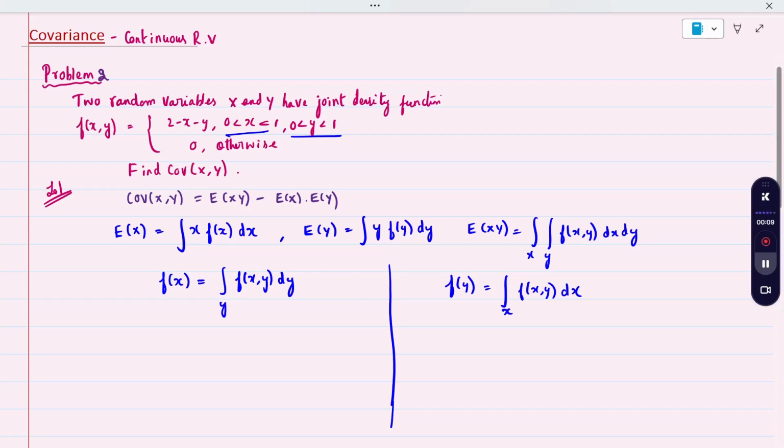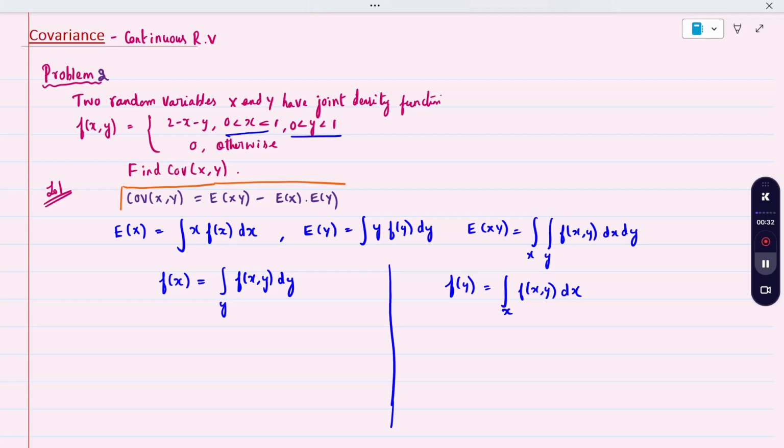Hi all, today's topic is covariance for a continuous random variable. The two-dimensional random variable X and Y has a joint density function f of x comma y given in the question as 2 minus x minus y. The limits are given: x from 0 to 1, y from 0 to 1. Find the covariance. The formula for covariance is E of xy minus E of x